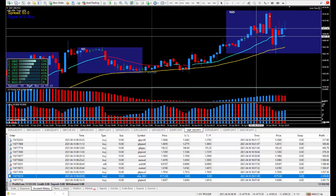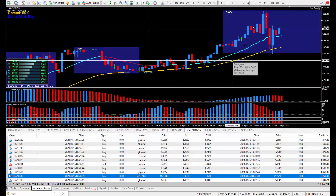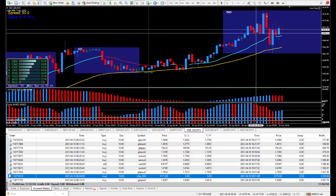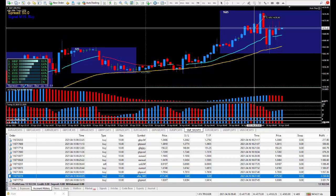Drag and drop this up. Perfect example of a great way to trade from way back here. Now I pulled the trigger here and let's see what I ended up getting. It looks like about...